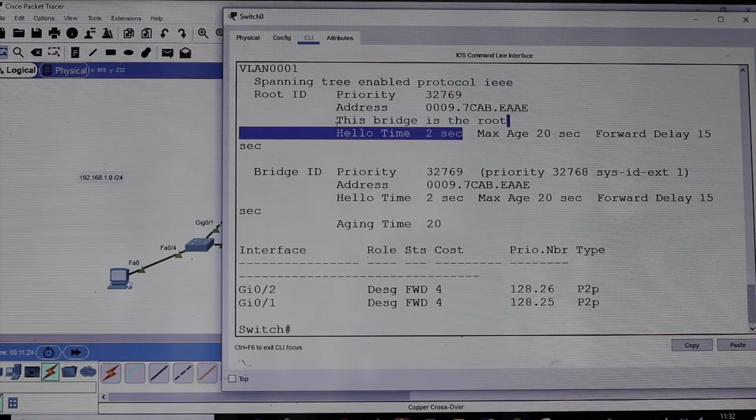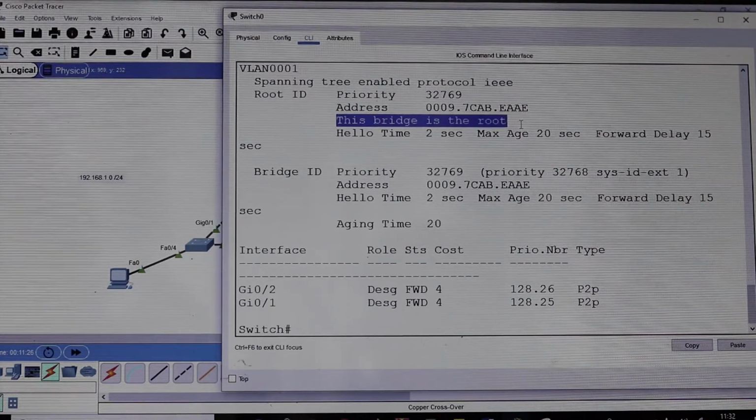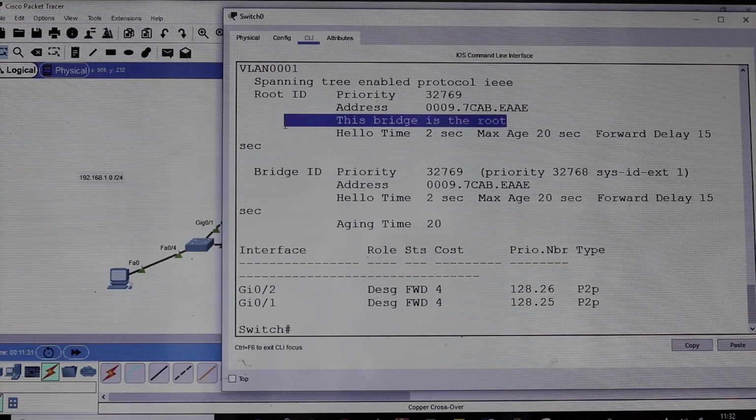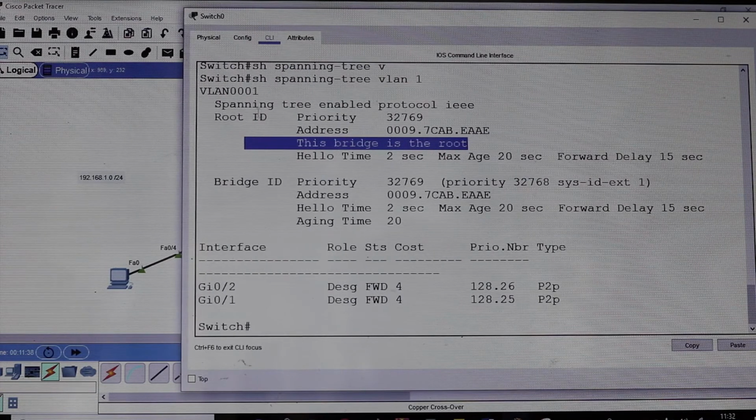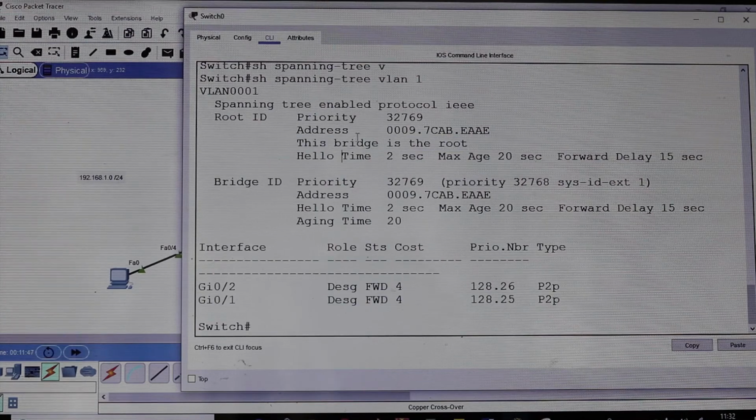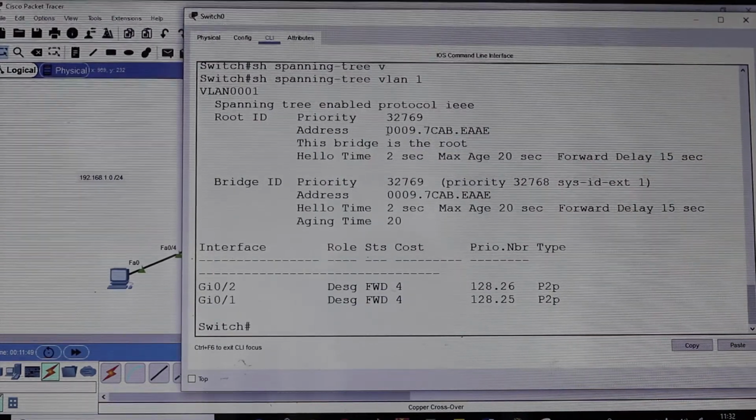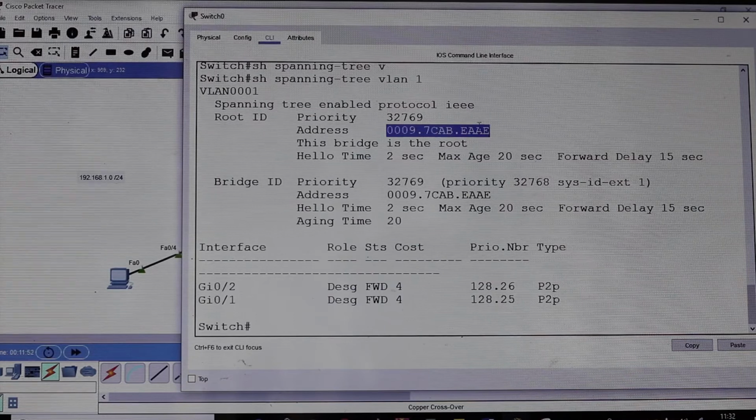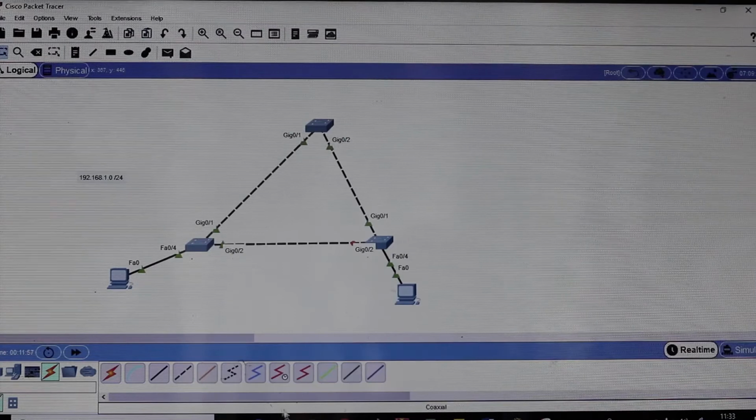But by the way, this is the root bridge. This is the root bridge. So you see it listed here. It's written here in bold. This is the root bridge. That is the lowest switch number. What is the lowest switch ID? Yes, the switch with the lowest bridge ID. That is the root bridge. In a way, I can also say it's the switch with the lowest MAC address. Do you agree to that? Do you agree to that? You don't agree? Okay, let's see.